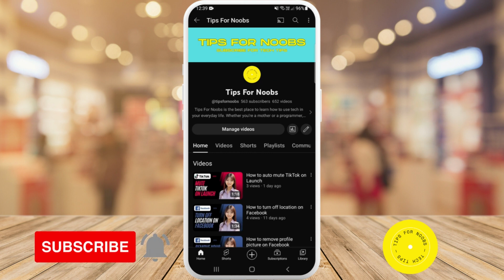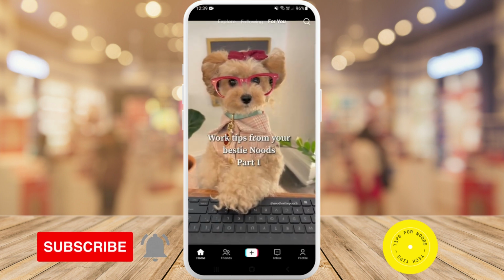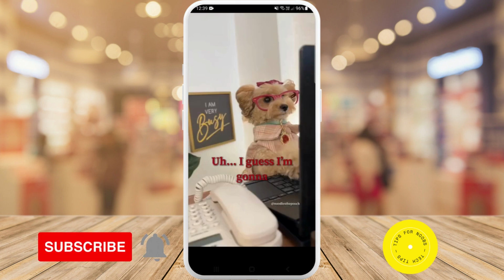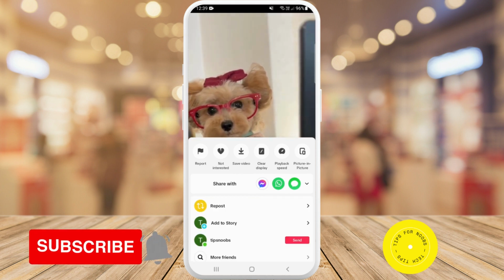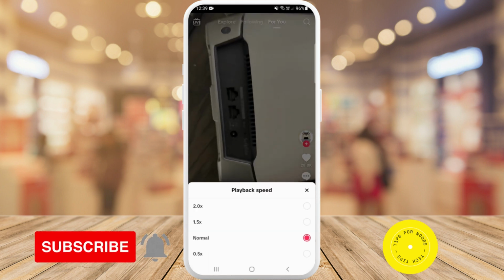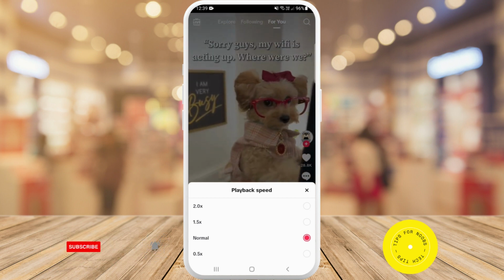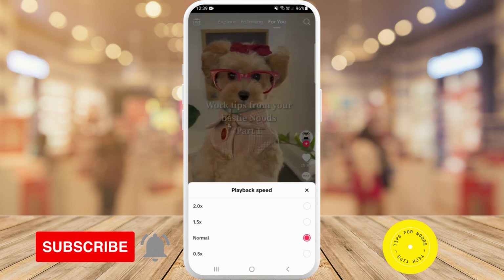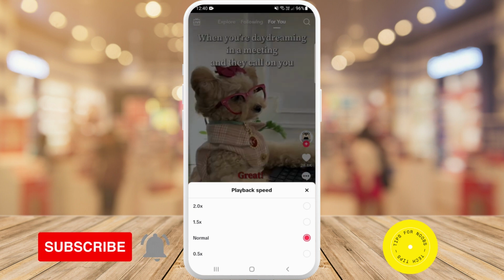Okay, so to be able to change the playback speed on TikTok videos, first head over to the TikTok app. Then when you're in the app, long press on the screen. After you do that, it brings up this next menu and you'll see the option that says playback speed. So tap on that one, and here you can set your playback speed to normal, 0.5, 1.5 or 2 times the speed. So to show you, I'm going to click on the 2 times speed